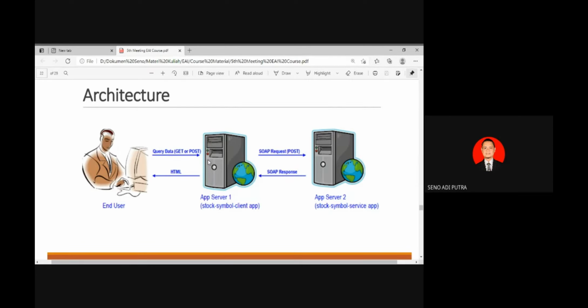If you have already learned about PHP, it is like PHP, but in Java the view is represented by JSP. And the model is represented by a simple Java class called a bean, or a stub that calls the remote web service. So we focus in this meeting on this area.